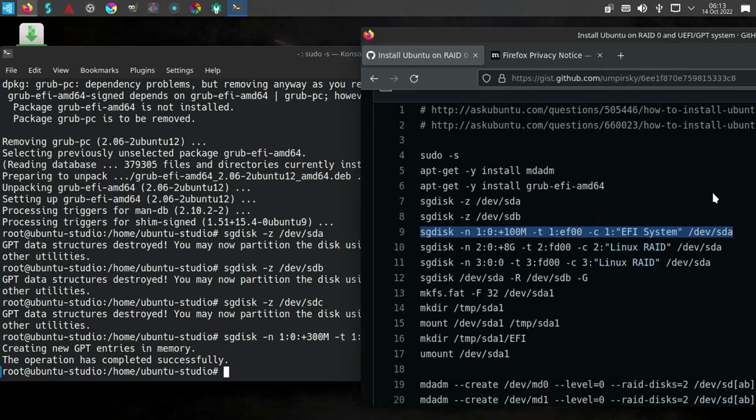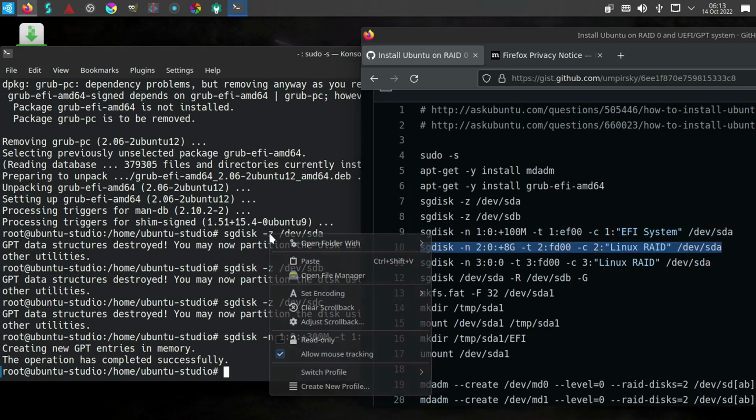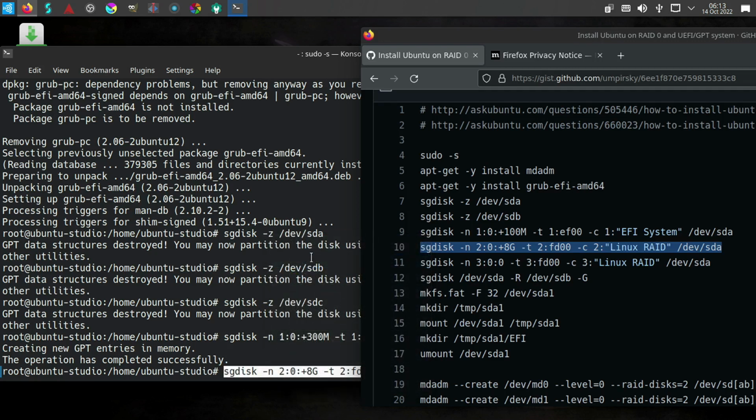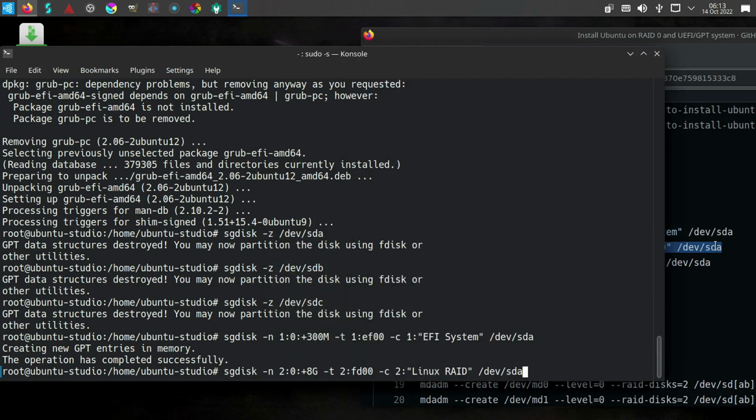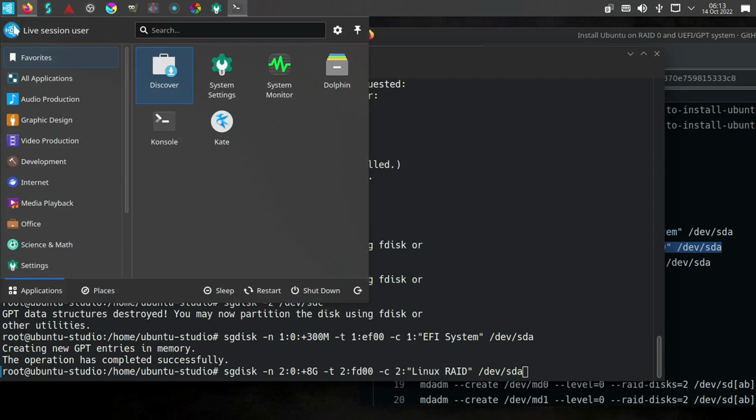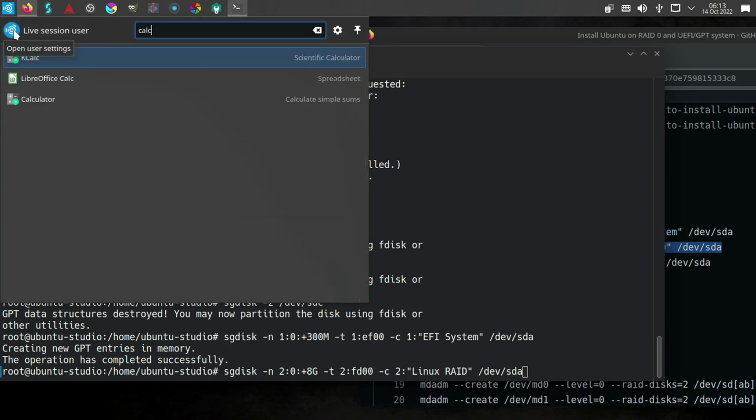Alright, then also this one here is important. You have to watch out. The swap file depends on the quantity of disks you have. So let's say if you have 3 disks, you want 8 gigs of swap, you have to divide the 8 gigs into 3. So if we go to our calculator,